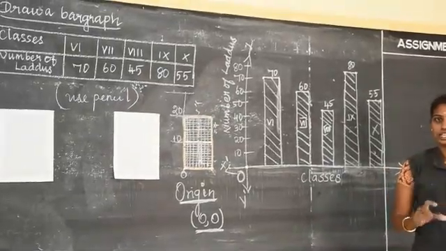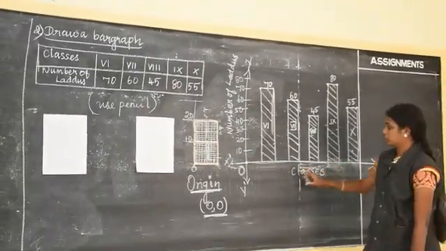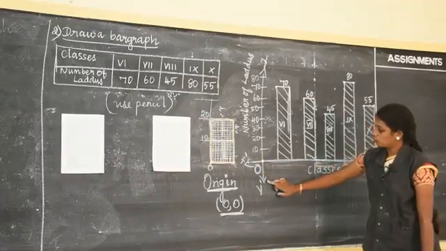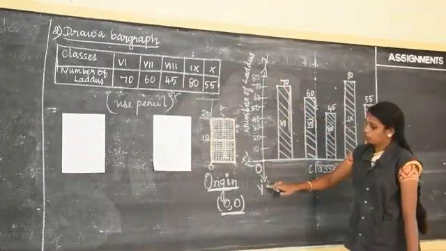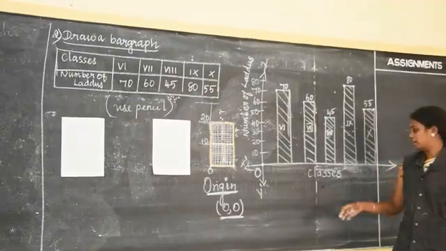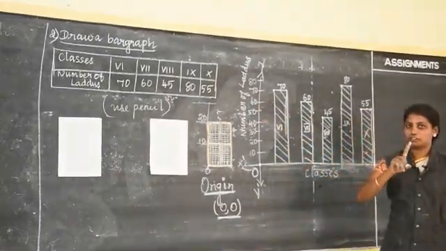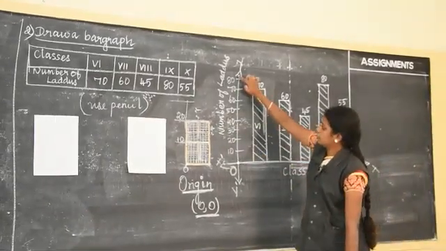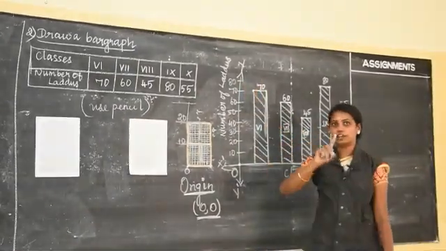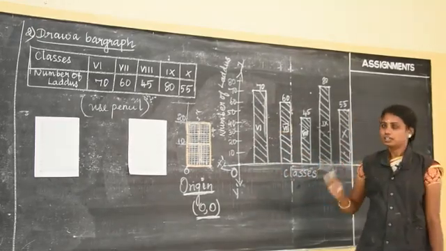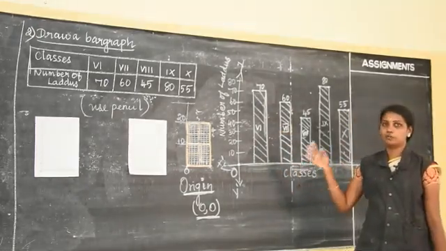Draw on the dark line, leave only one box. Okay. Names are important: X, O, X dash, Y, O, Y dash. Afterwards, the classes and the number of laddus, for this 1 mark will be given. Then writing the units properly, for that 1 mark, and then for drawing 3 marks. If you didn't do anything properly, no marks will be given.